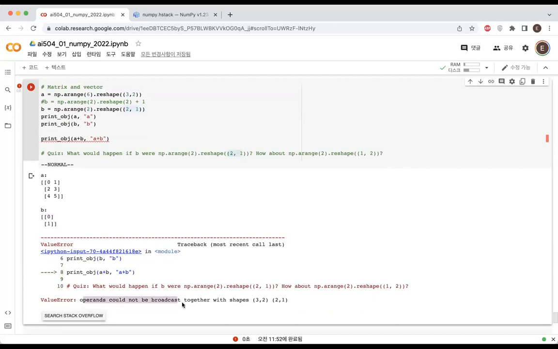Broadcasting doesn't work, so you can see the error message here. Operands could not be broadcast together because the first element, A, has a shape of 3 by 2. Second element has a shape of 2 by 1. So that is problematic. When it was just 2,